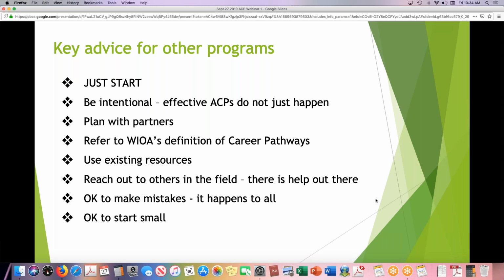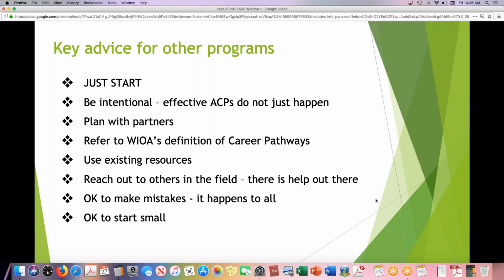If you look at the next plans, be intentional. They just don't happen. Like I said, we have been working with these partners for many years. And so we are going to be intentional. We're going to do this right. Plan with partners. With Rochester, we're basically replicating their Bridges to Healthcare, and that's what Rochester and the legislature and people want. If that program is so successful, it needs to be replicated. So that's where we're starting. We're taking a lot of their ideas. Again, definition of the career pathway, so you know you're on the right path.